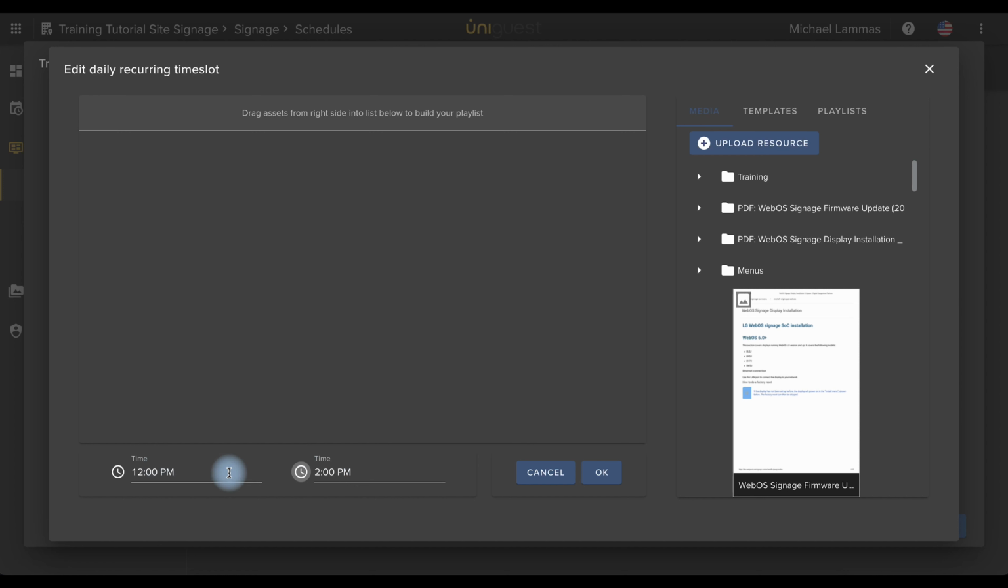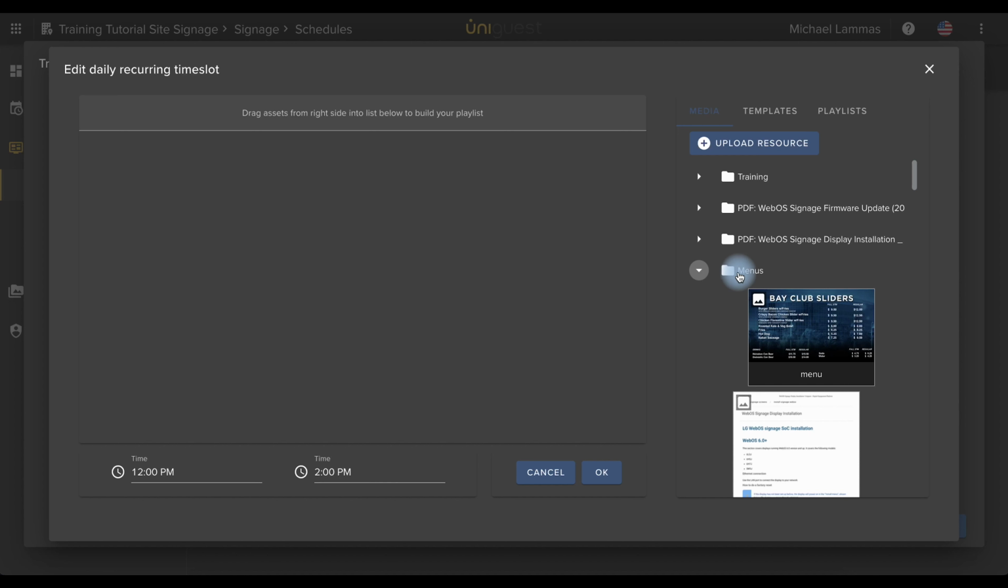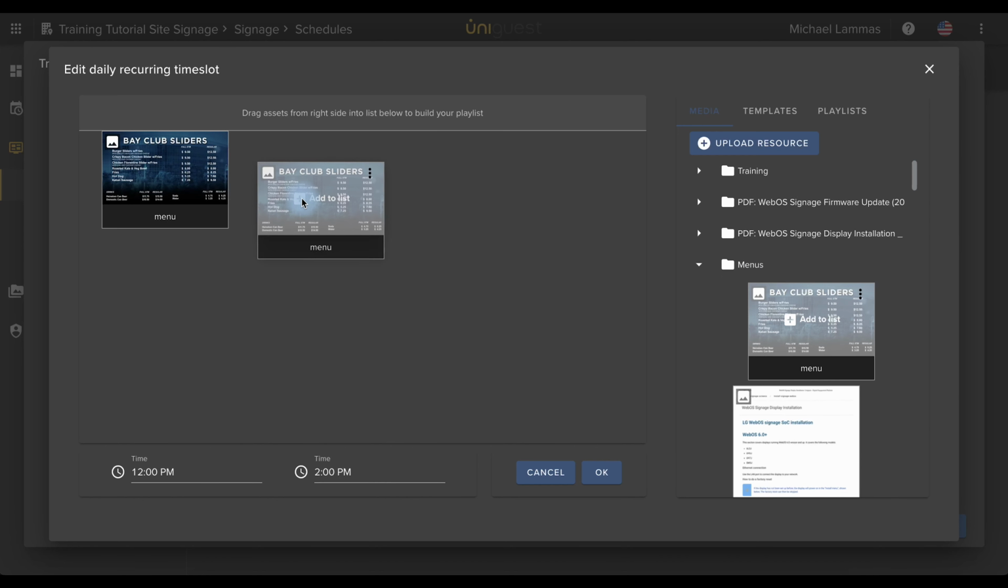So there we go. I've now set the time here as well. What I want to do is have a menu up every day between 12 and 2 o'clock. So I'm going to come across, and I have a clock under my media. If I come down, I've got some menus here. Ticking on the menu folder, I can now see my menu, and I'm going to drag it over to